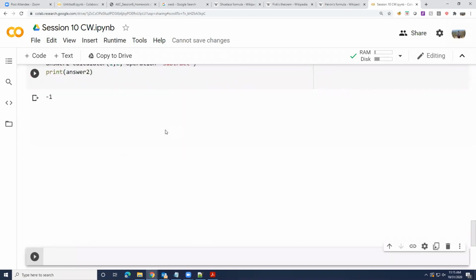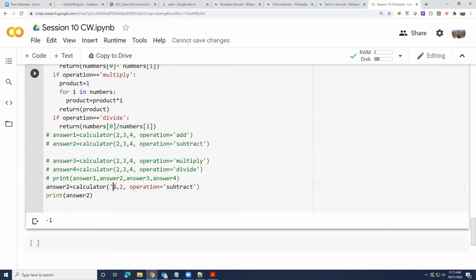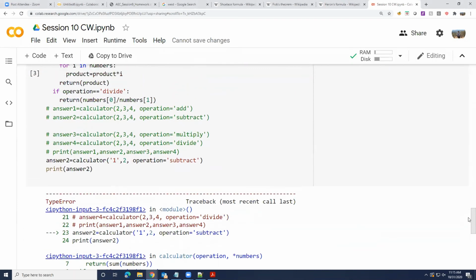Shruti's calculator will subtract and give us a -1. But what if instead of giving 1 comma 2, I gave it a 1 comma '2'? Is this one the same as number 1? No. What is this one that I'm passing as an input now? What kind of a number is it? What is its data type? String. Okay, absolutely. So again, same problem. String and int can't be subtracted.